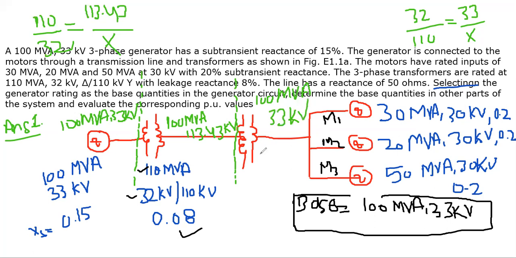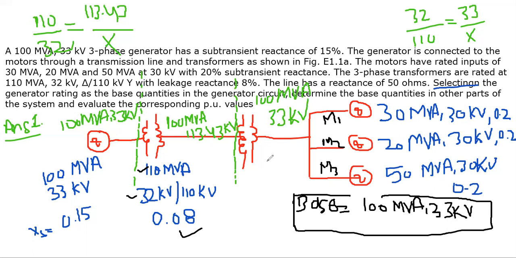It will be 33 kV. So now, how did we divide the sections? Please remember 2 points. First point, whenever there is a transformer, the base MVA will remain the same, but the base kV will change, because the transformer either increases or decreases the voltage, unless the turns ratio of the transformer is unity, in which case only the voltage remains the same.